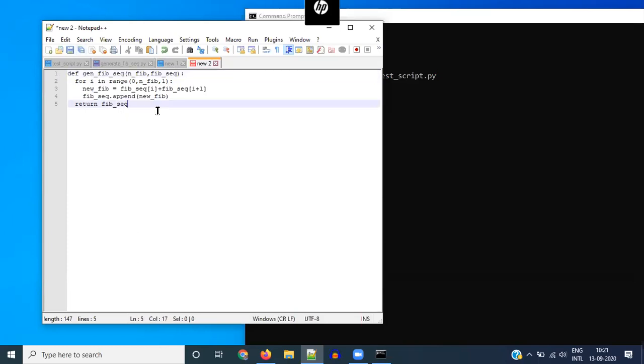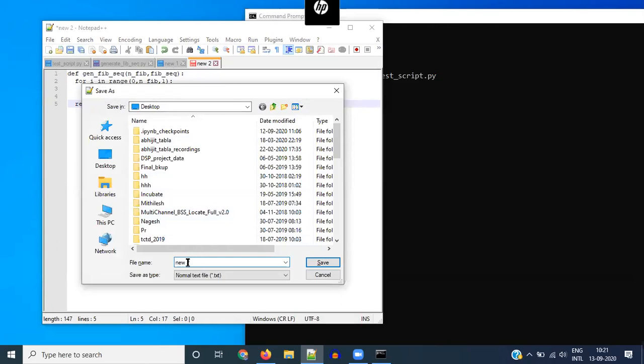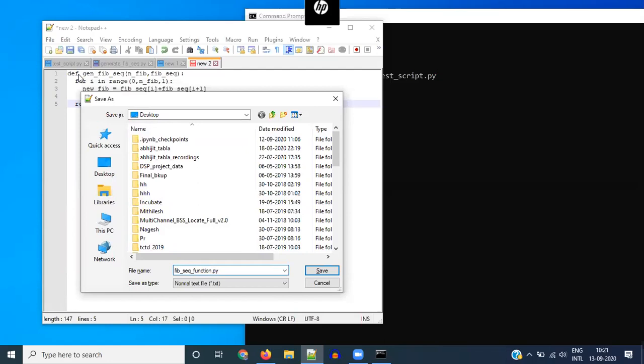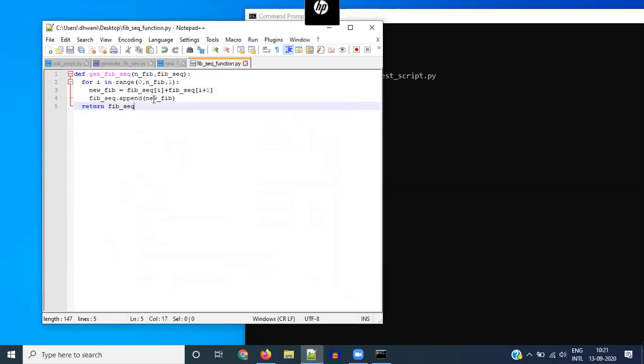So you can just go ahead and save this as, so I'll save it in the desktop, but let's save it as fib sequence function.py. Again, this also has to be in a .py file extension. You can give it whatever name you want. It does not have to be the name of the function that's within the file itself. The name can be anything. And let's save that. Okay. So I hope all of you were able to do that.